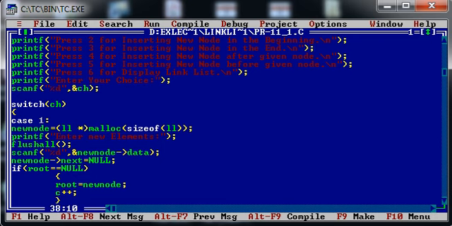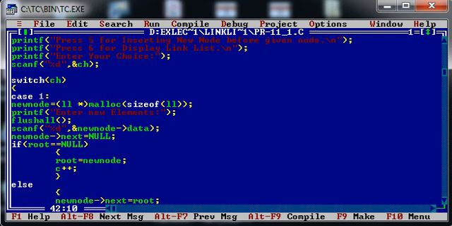Then after I have written C++, as I told you earlier, this is a counter variable which keeps on incrementing as and when I insert a new node to my existing list. The initial value of the C variable is 0, and as I am adding a new element to my linked list, it will be incremented by 1. So that's why I have written C++.